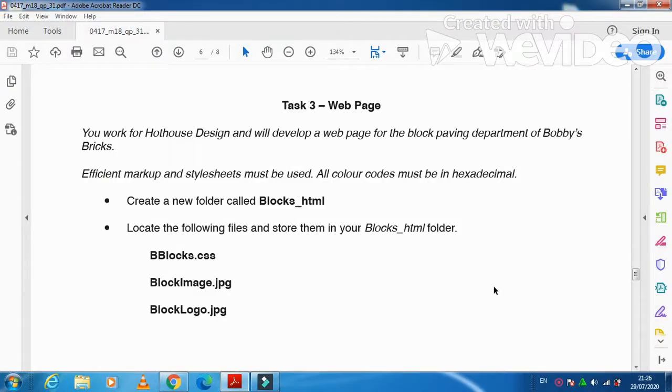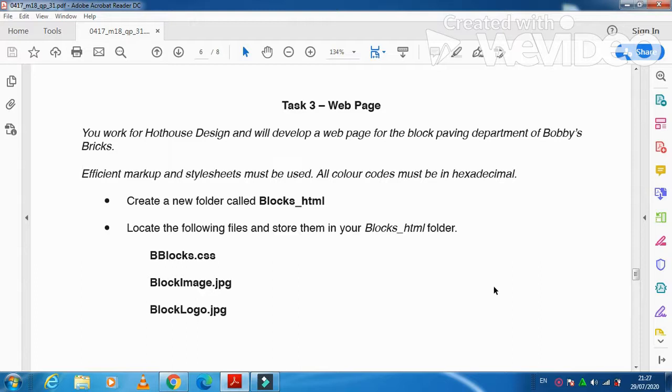Hi guys, I'm here today to explain the Cambridge IGCSE ICT 2018 February March paper 3-1 web page, which we also call the web authoring part. In this part of the question paper they usually ask you to prepare or make a web page which will include tables, pictures and some other activities, like for example hyperlinks, and sometimes they ask you to have videos inserted. So this is what they normally ask. Let's see what they ask us in this question paper.